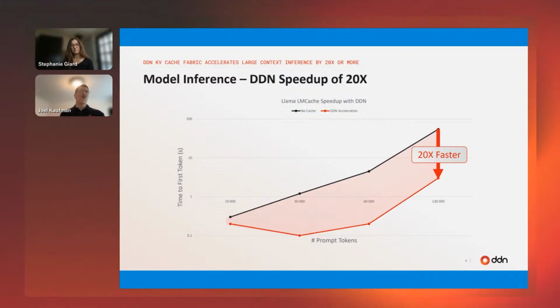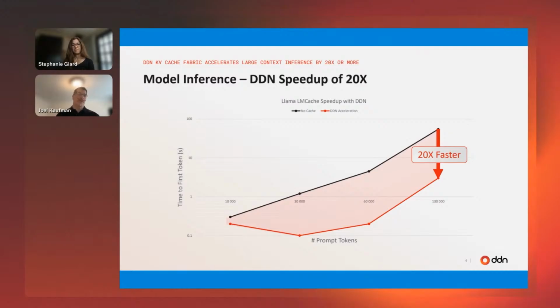So when we see this, the fact that it can pull from storage really fast without having to recompute, we are seeing approximately 20x faster responses. And in some cases, if we go a little bit farther back to a slightly shorter prompt, the number gets even higher. But 20x is a pretty good average across the board there. Well, that's going to make a huge difference both for the user and the experience that they're having.